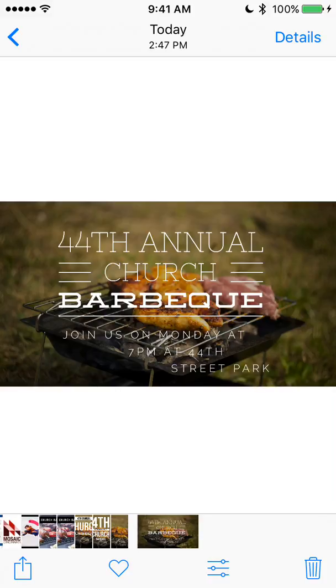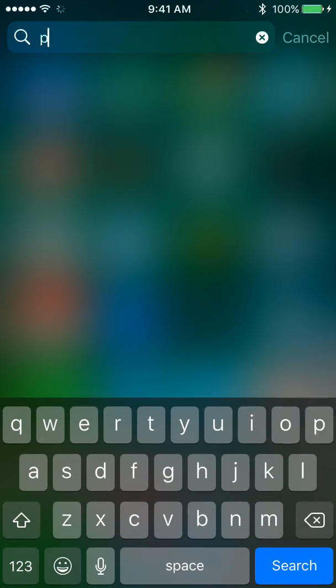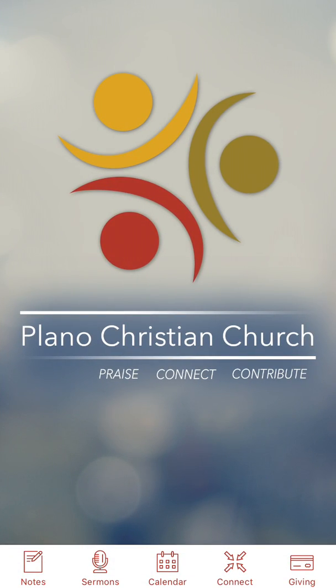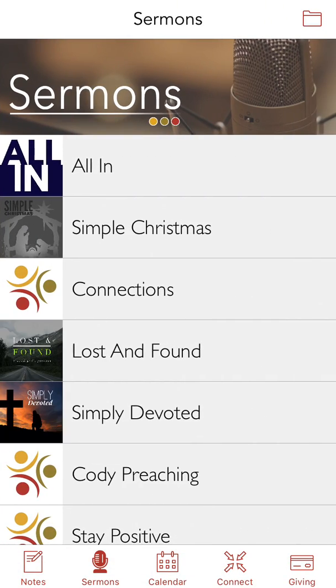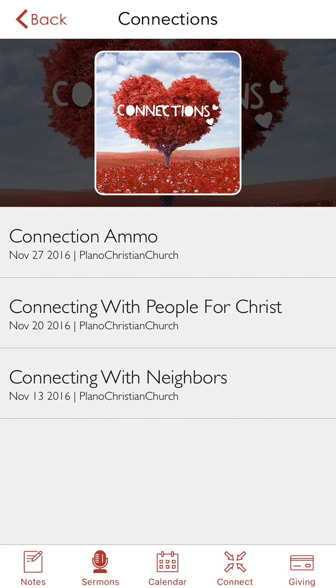So sure, that's just an example of what could be done for a single announcement slide, but something we've seen some churches do is generate almost all of their sermon series artwork using this app. So I'm going to go ahead and pull down from my home screen to bring up Plano Christian Church, which is a church that FaithLink Apps works with. Now, this church generates almost all of their artwork using Wordswag, and you can see the top sermon series is all in, which obviously is not a series that they designed, since that's a book, and that's the artwork from the book. But almost everything else, like this connections image,